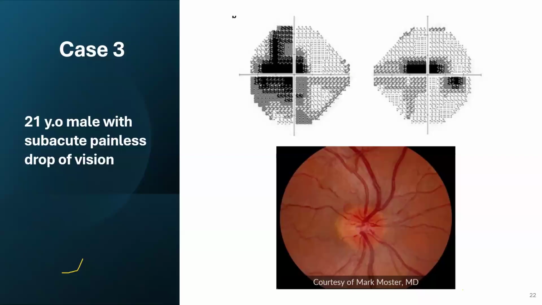MS, usually this is not the presentation of MS. Optic neuritis will come with pain with eye movement, usually unilateral. IIH will not cause acute central visual loss at the beginning. IIH generally will come with large blind spots bilaterally. If it is chronic and untreated, it will cause glaucoma-like visual field loss. Posterior ischemia is likely to be bilateral, but it's one of the differentials.